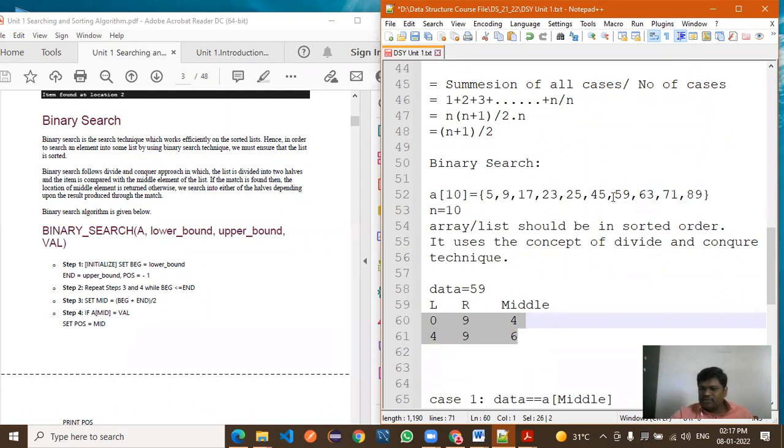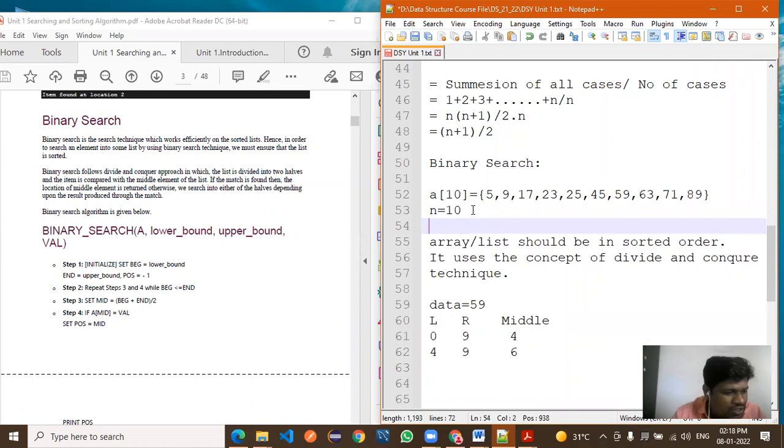If we apply linear search, we can apply it here. So in an ordered list also we can apply linear search, no problem. But how many iterations do you require to identify this 59 in linear search? 1, 2, 3, 4, 5, 6 and 7. In the 7th iteration you will get the 59, but by using binary search you got this 59 within 2 iterations only. So for which algorithm do we require maximum time? Linear. So one more sentence here I will write.